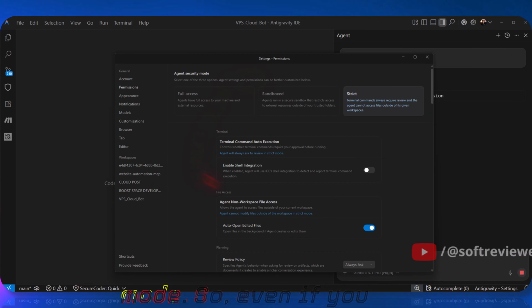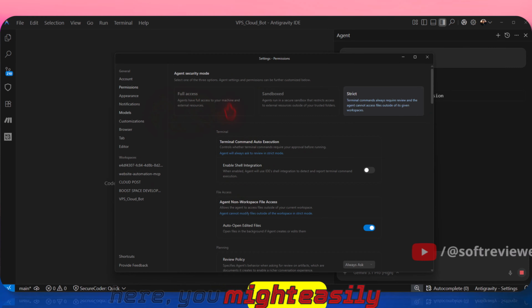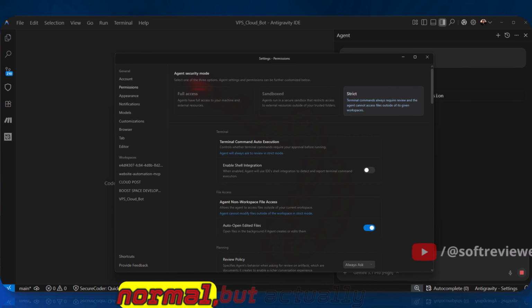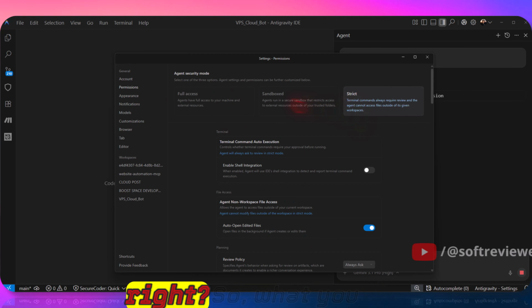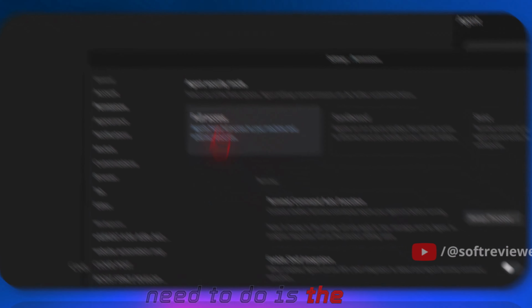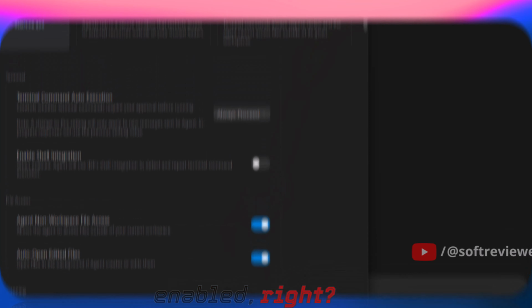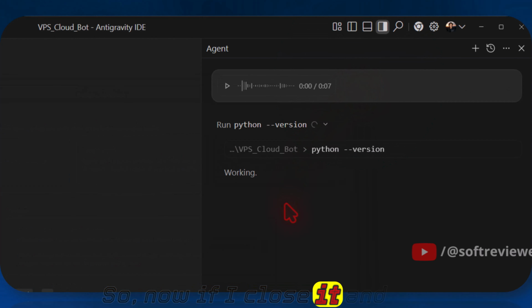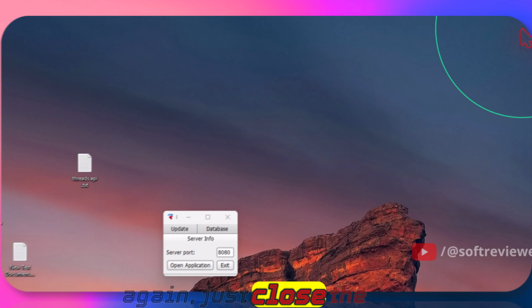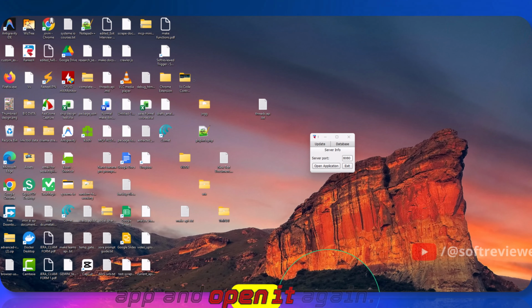So even if you look at the settings here, you might easily find everything looks normal, but actually you are in strict mode, right? So what you need to do is click on full access. Now, as you can see, these options are now enabled, right? So now if I close it, and again just close the app and open it again,